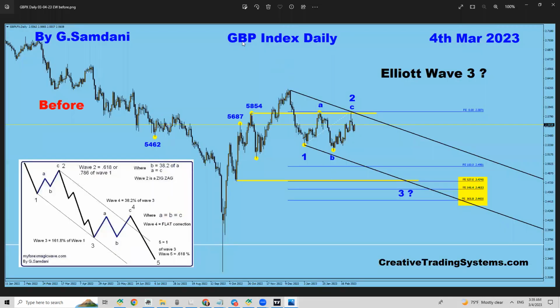By the way, this is my pound index daily chart. This is wave 1, 2, and then it's probably going to drop. This is my take. Let's see. Right now, this week is all bullish. This day was all bullish after the news, but hopefully it's going to start dropping, and all pound pairs will be dropping.